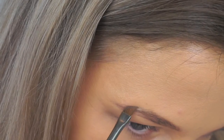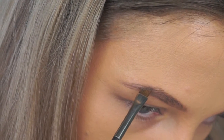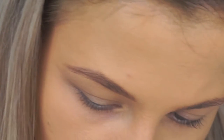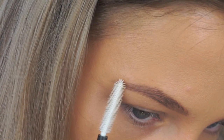So the same goes with the arch of your brow. The higher the arch and the more pointed, obviously the more arched your brows will be. And then obviously if you create it more curved, your brows will be a lot more round. I like a very soft arch, obviously it is very optional as well. And then again, if you wanted more of a straight brow,